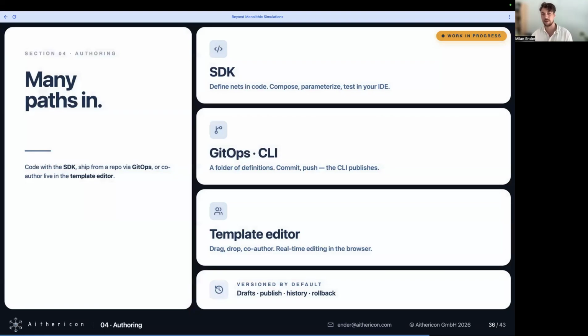And of course, authoring by hand is something that goes out of fashion quickly, even with a nice editor. So I guess the real future lies in machine interfaces, APIs, command line interfaces, and of course also the integration with version control systems like Git. And this is all taken into account.